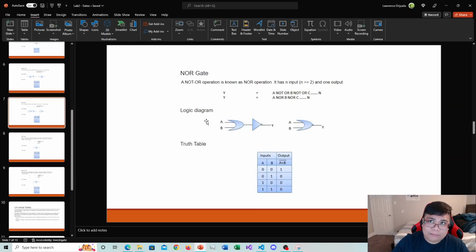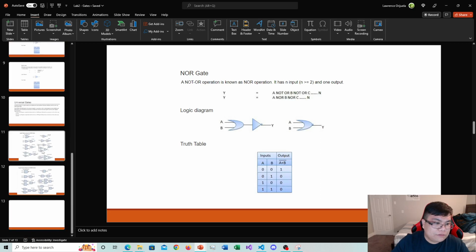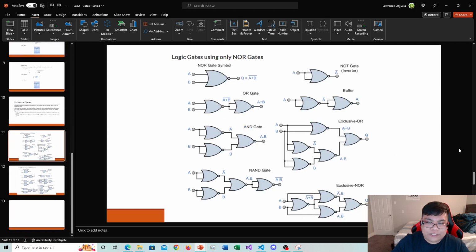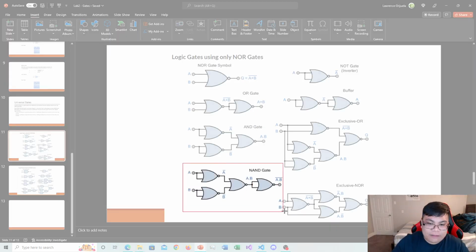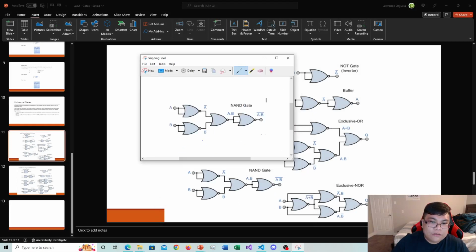I've already supplied the PowerPoint that you need to do this. So let's explore how we're going to create a NAND gate using NOR gates. It would be this diagram here. The way that you would do this is you would make a new module called NAND using NOR. You call these U1, U2, U3, U4, the same process we did for part A. You would make a NAND gate, showing that